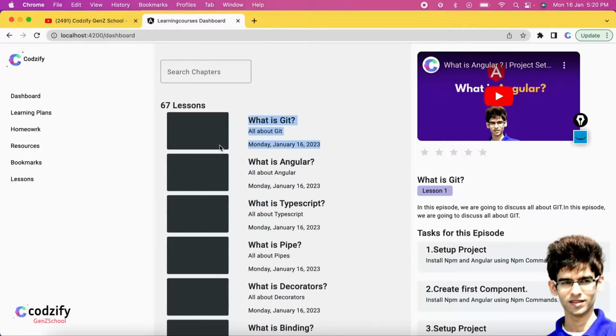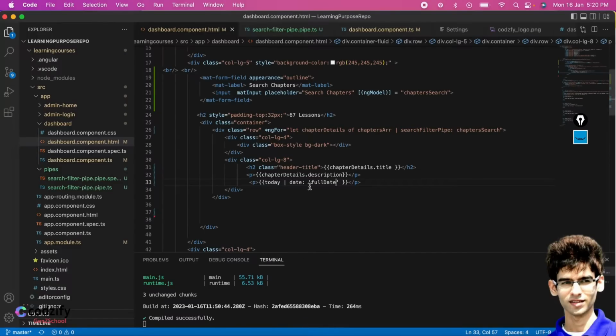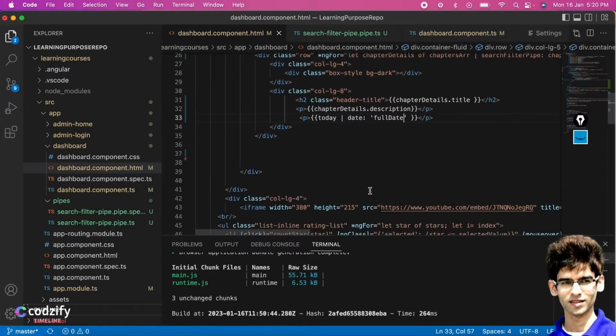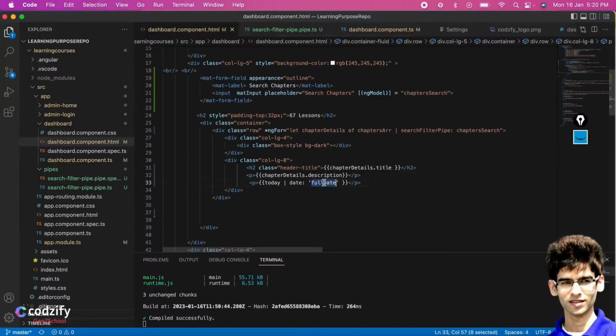So this is how you can add the date pipe as well.